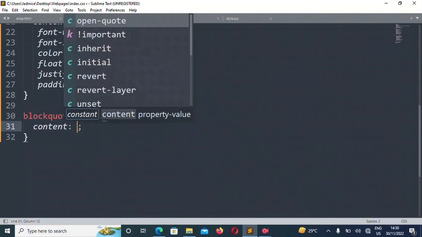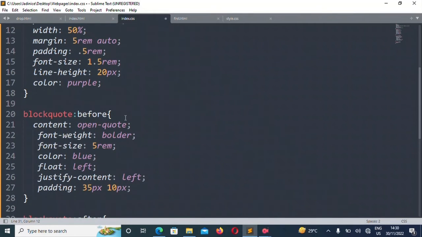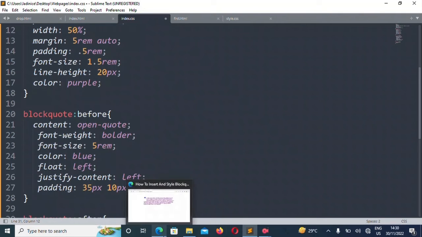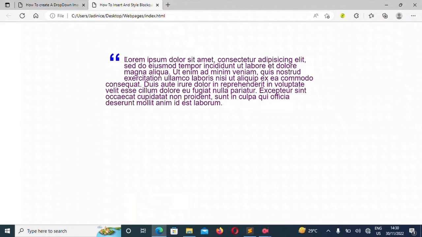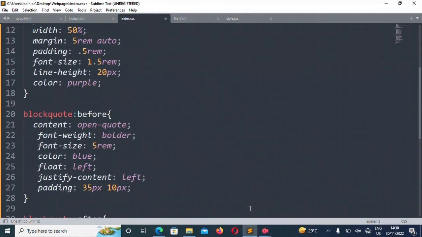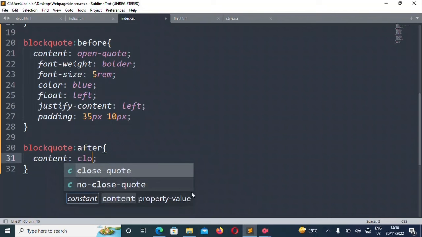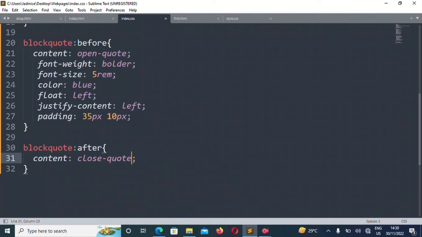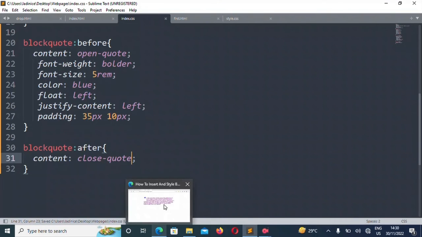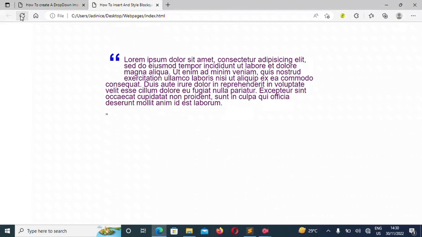If you notice, the content over here is open quote. I'm not going to use open quote because I've already written the text inside it. I want to close the quotes. So with that, I'm going to write in the content close quote. You see? Then when I save it and then refresh, you see it.